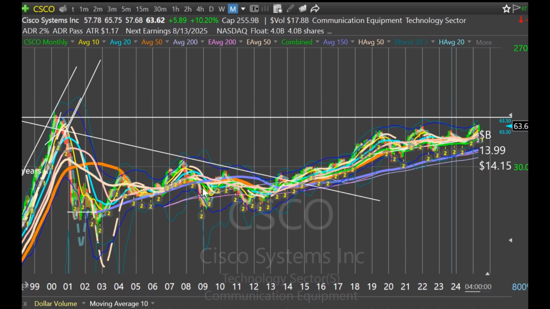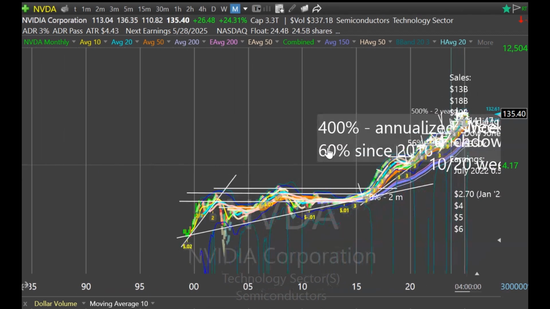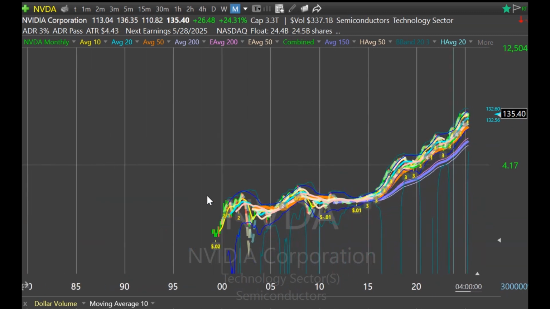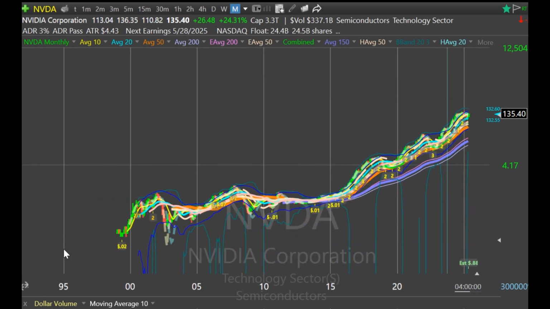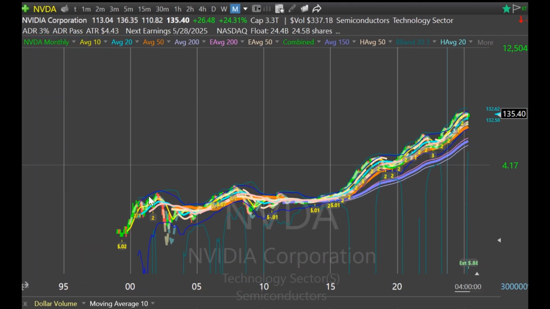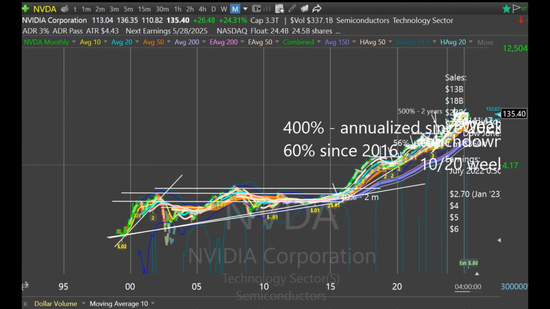Now, I think the biggest stock to look at today is probably the most obvious to anyone who watches markets. That's NVIDIA. Well, guess what? Let me try and take out these lines here. Here you have this flat period of, in fact, it was just barely starting in the late 90s, and it did go up 1,000% in 3 years, which is pretty amazing. But there's this kind of line here for 10 years. Right there, you see this flag. That's how the markets move.